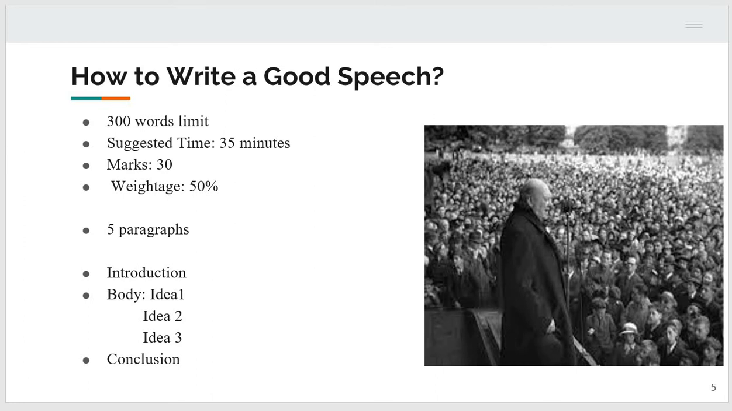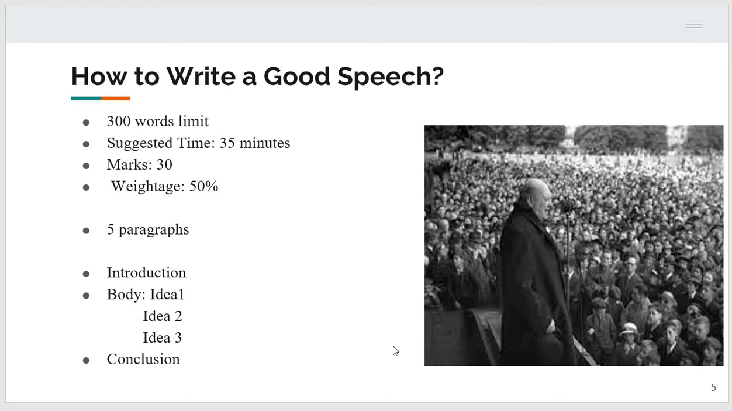How to write a good speech? 300 words limit. Suggested time is 35 minutes. Marks are 30. Weightage is 50%. You should write 5 paragraphs. First is introduction, then body, idea 1, idea 2, idea 3, and then there would be conclusion. So memorize this slide